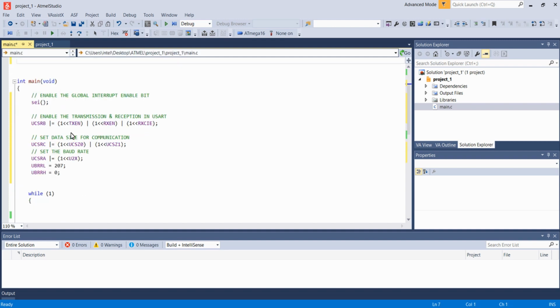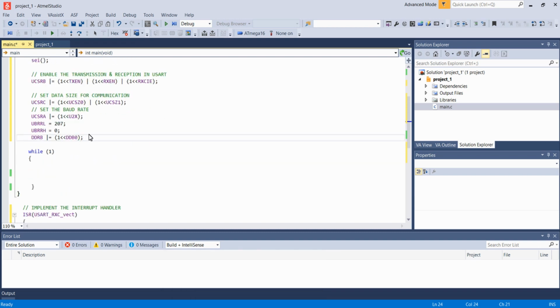And for our logic, we are just going to use one LED, so I am configuring the PB0 pin of the microcontroller as output. So this line will configure the PB0 pin as output for connecting an LED to our microcontroller.